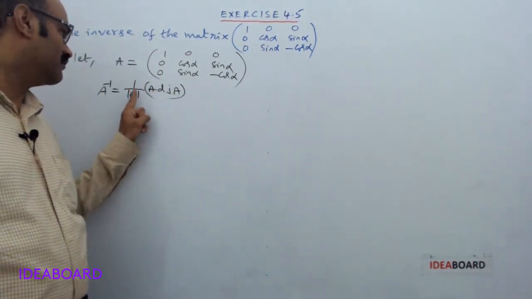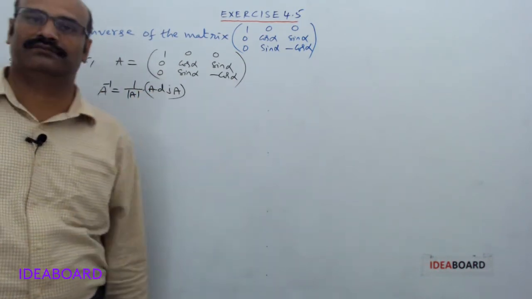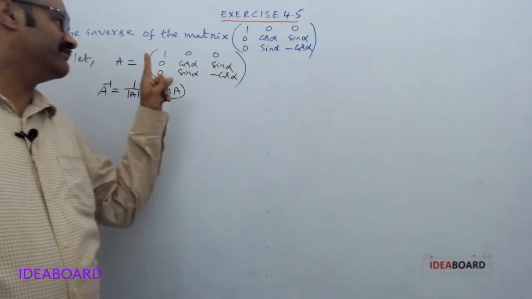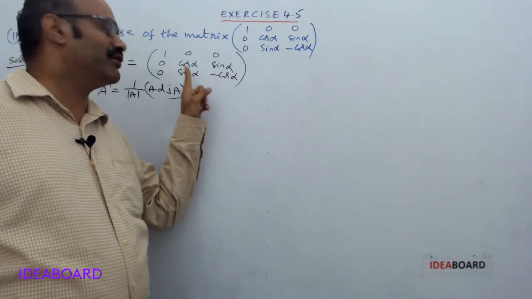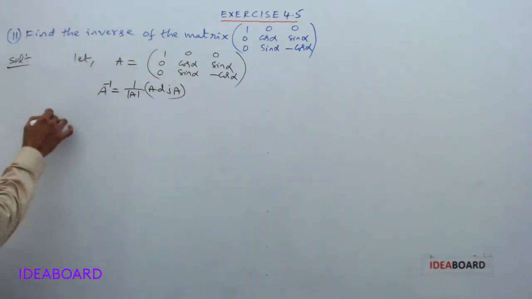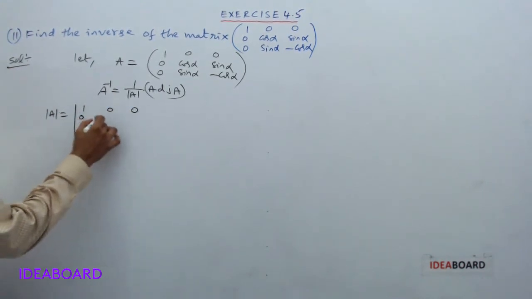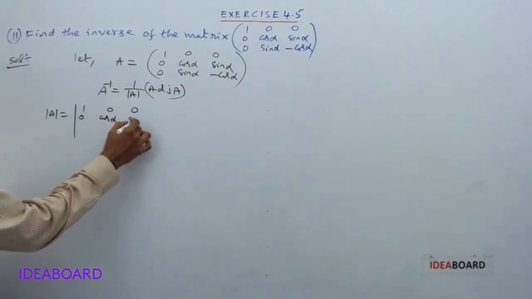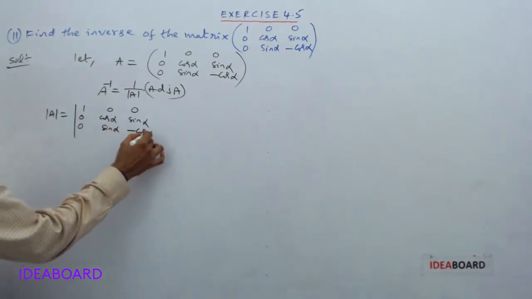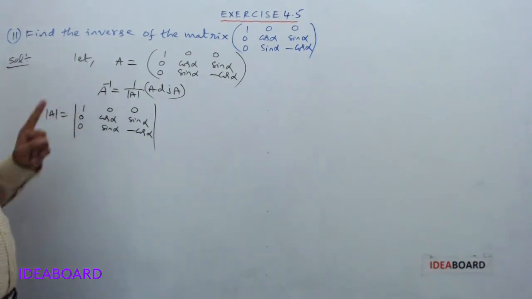Now, first we have to find det A here. If det A equals 0, the inverse does not exist. If det A is not equal to 0, then only the inverse exists. Now we have to find det A. So det A equals the determinant of [1 0 0; 0 cos alpha sin alpha; 0 sin alpha minus cos alpha]. We have to expand along